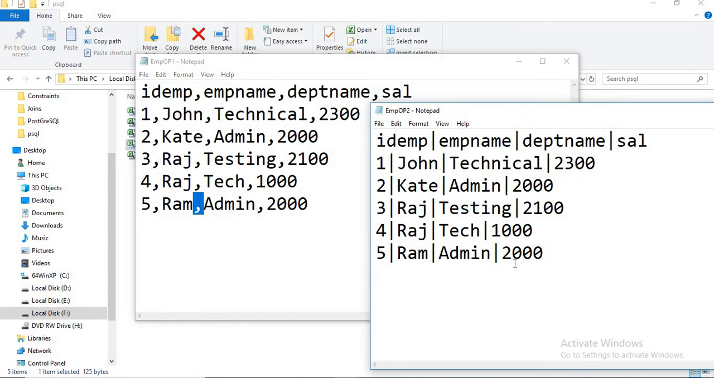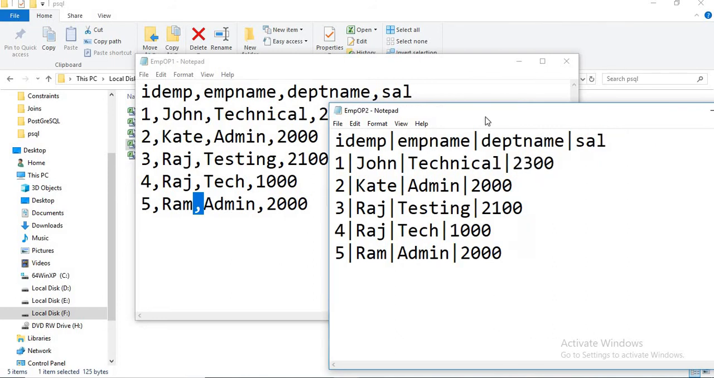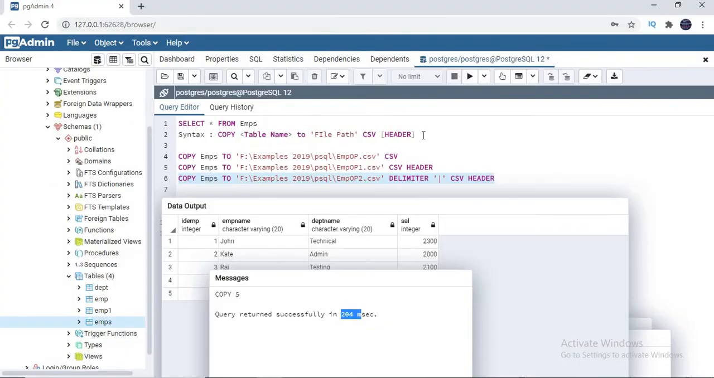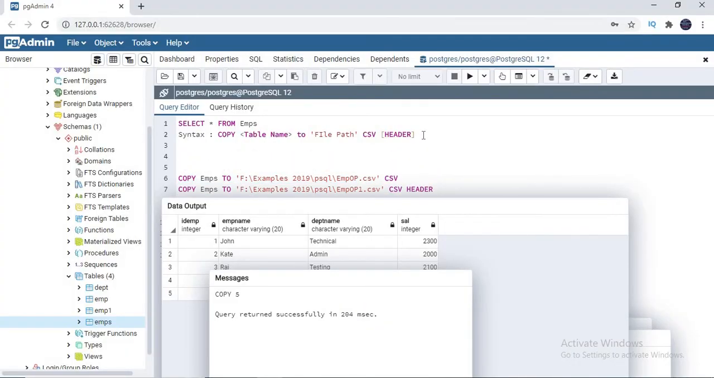Now, when do we need to use a delimiter other than comma? Let me quickly go for a negative scenario. Let me update the employee name John to John Williams with a comma inside the value. Let me come here and update quickly. Please bear with me. Set EMP name equal to John, comma